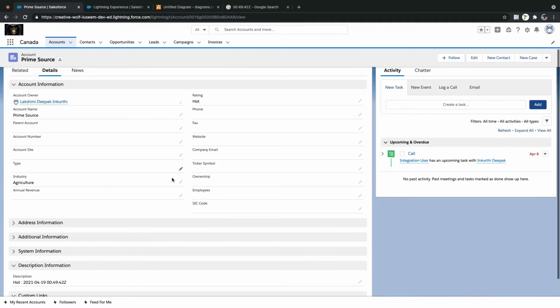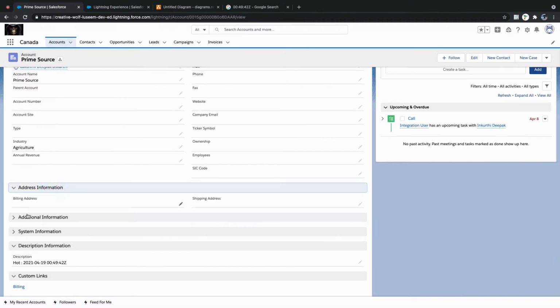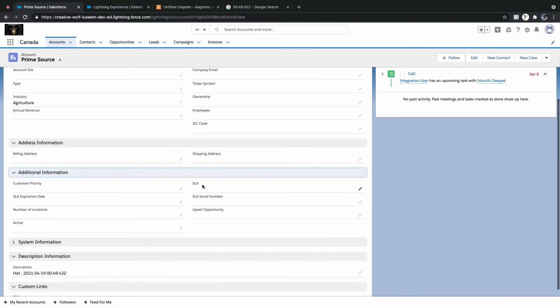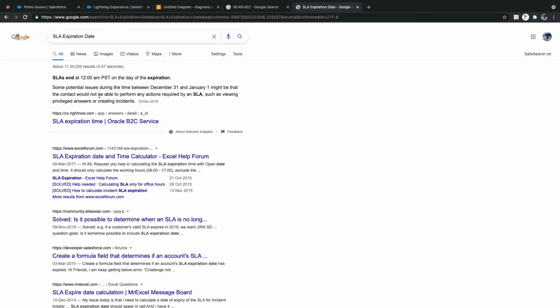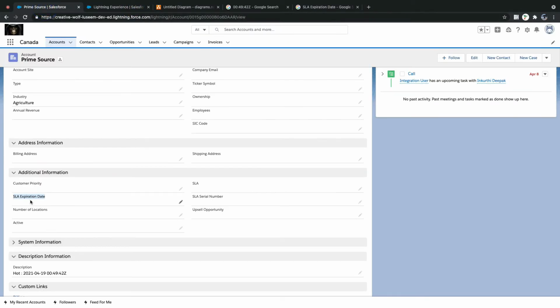Here we have, I don't know, there is no meaning, it's just a simple field. SLA open time, I'm not focused on that, what that meant for.